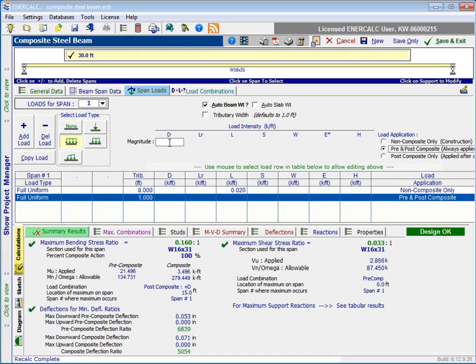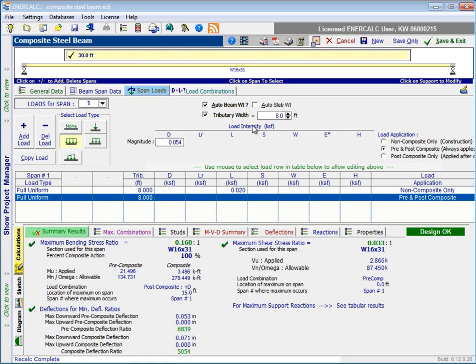The only type of load that logically would be applied both pre-composite and post-composite is one that is a dead load. And what I have in mind here is the weight of the wet concrete, and we'll think of it also as the weight of the metal deck combined. So what I'd like to do here is again say that I want to use the tributary width of 8 feet, and I'm going to consider a weight of 54 pounds per square foot,